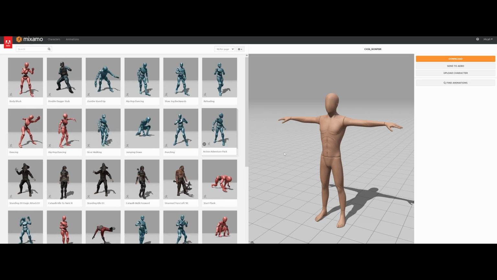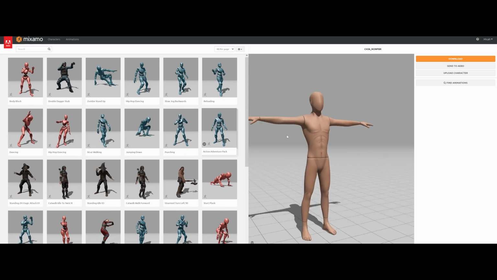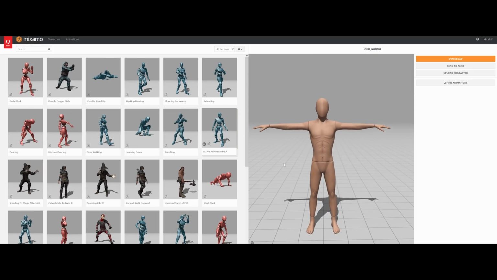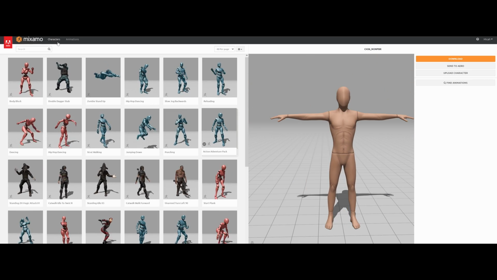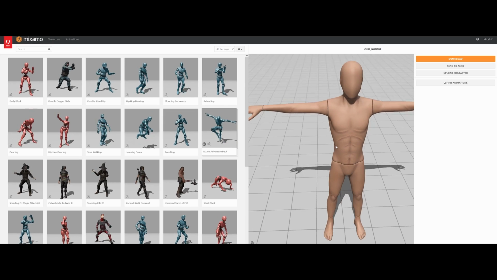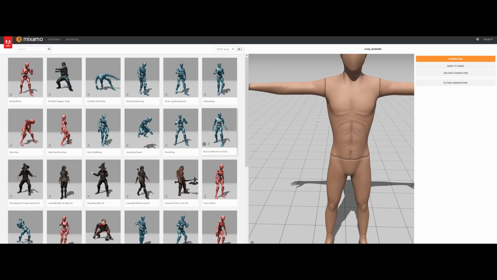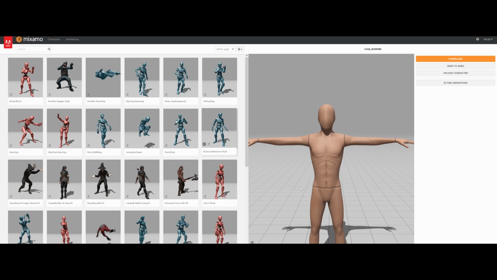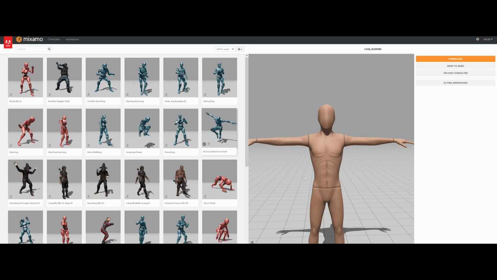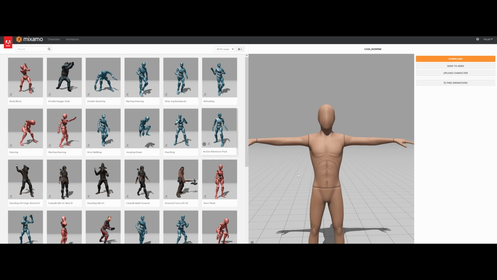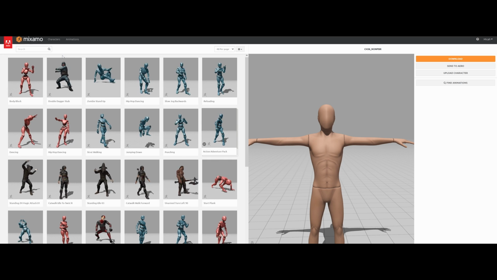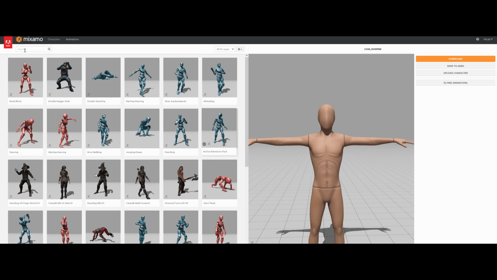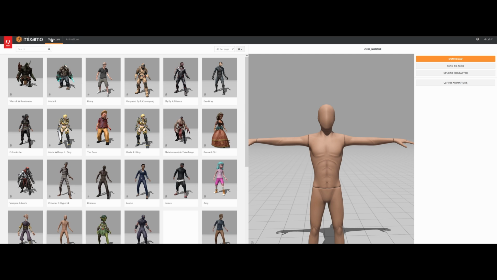So basically, you can use your left mouse click to move around, middle mouse to pan, and then zoom in and out with your right mouse click here. Now, one thing I have noticed is that if your character does not have a face on here, when it is rendering out AI, the faces will flicker. So it's just something that I had noticed. So on this one, I'm going to use a character that actually has a face on it to see if we get better results. Go over to characters on the tab here,